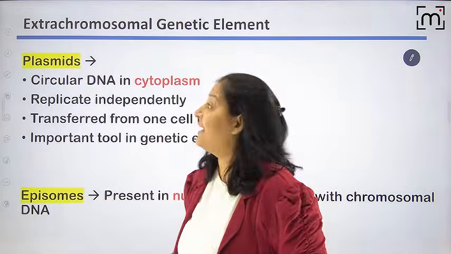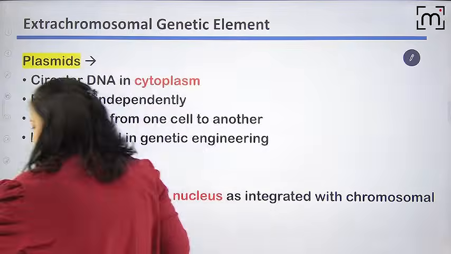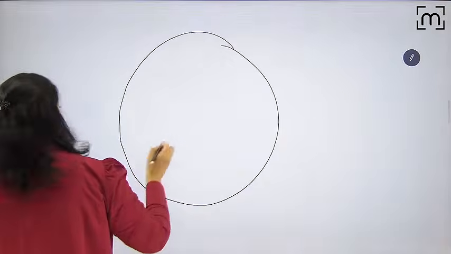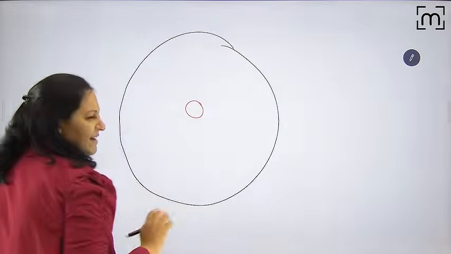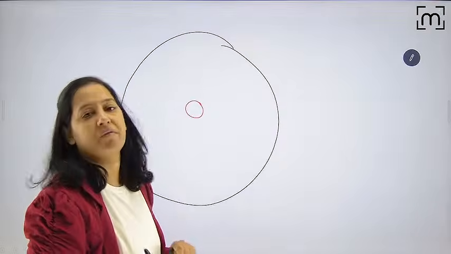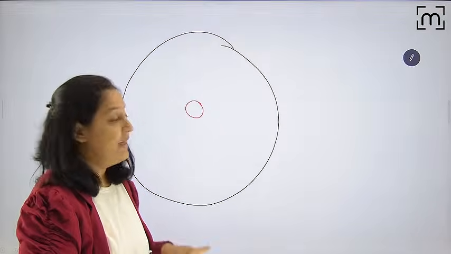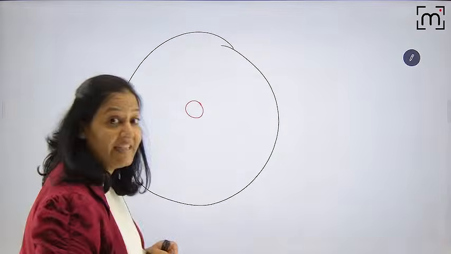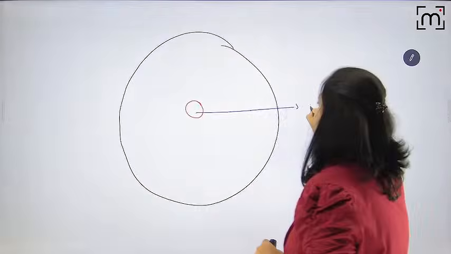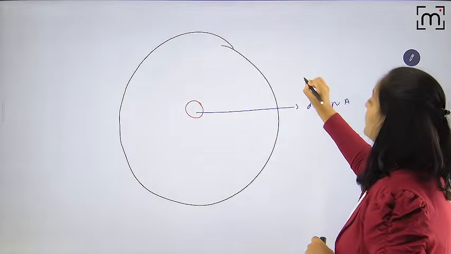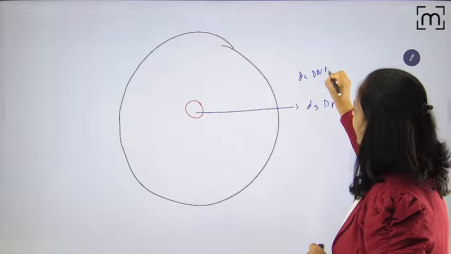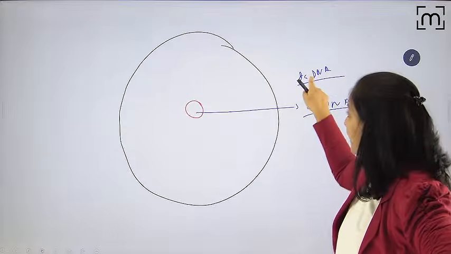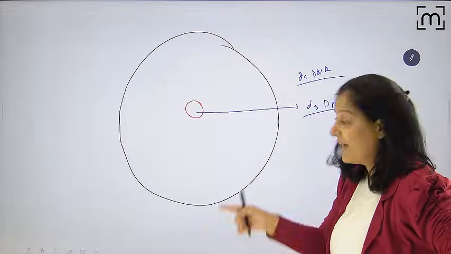Now, can you tell me about extra chromosomal genetic material? Let me tell you what I mean. This is a bacterial cell. This is the nucleus of the bacteria containing a chromosome. Bacteria don't have a well-formed nucleus, but this is the chromosome of the bacteria. A single circular chromosome made up of DNA. Now my question to all of you: does double-stranded DNA, that is genetic material, be present anywhere else apart from the chromosome?